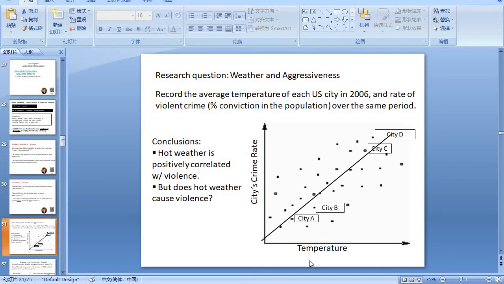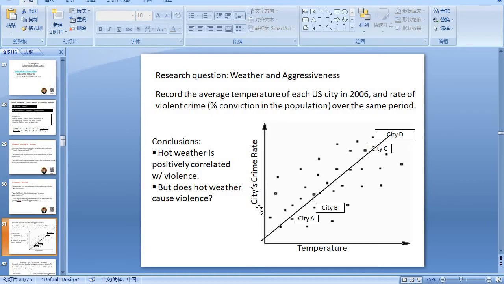You have an x-axis and a y-axis, a horizontal axis and a vertical axis. Each axis represents a variable. I'm using the x-axis, or the horizontal axis, to represent temperature, and the vertical axis represents a city's crime rate, or the number of crimes recorded